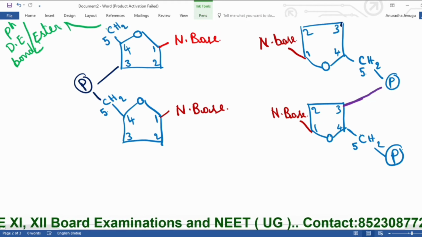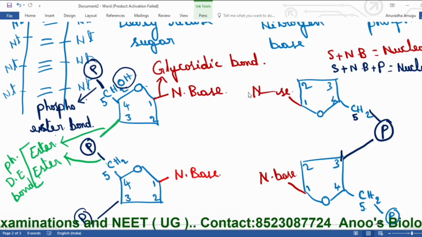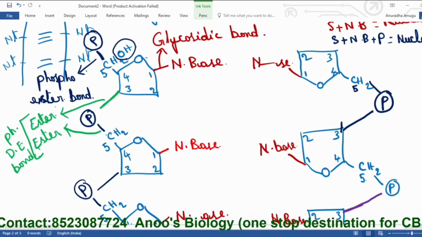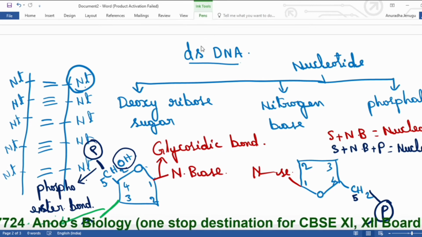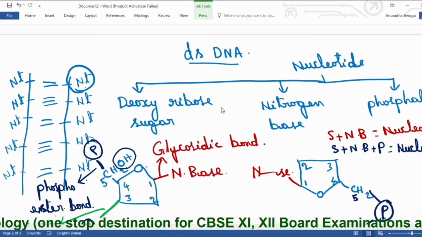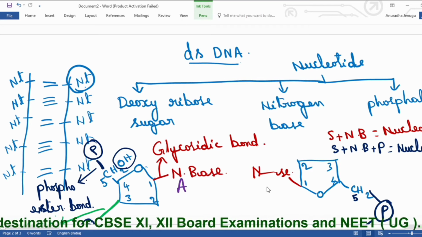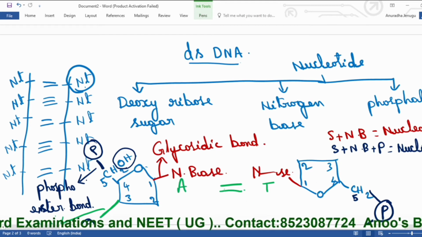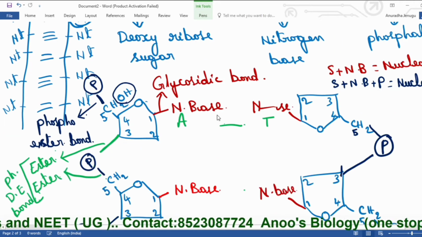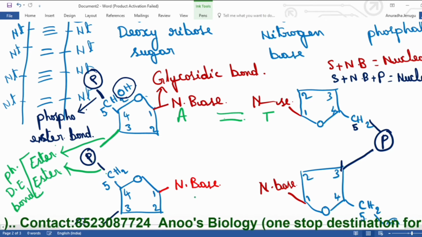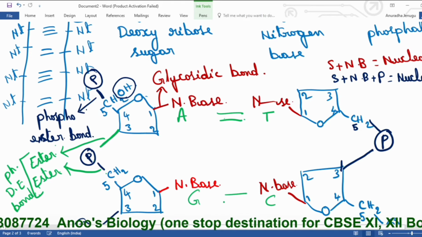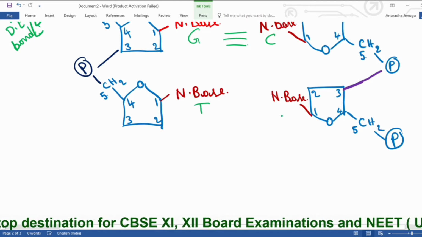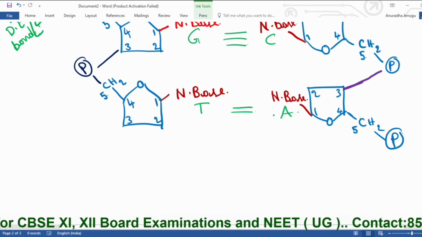So after formation of two polynucleotide chains like this, opposite strands like this, now there is formation of hydrogen bonds between these two opposite strands. Let's see how these hydrogen bonds are formed. So if adenine is present here, thymine will be here. The bonds formed are hydrogen bonds, and two hydrogen bonds are formed between adenine and thymine. If guanine is present over here, here cytosine. So three bonds are formed between guanine and cytosine. If again thymine is present over here, here adenine will be there. So two hydrogen bonds are formed.